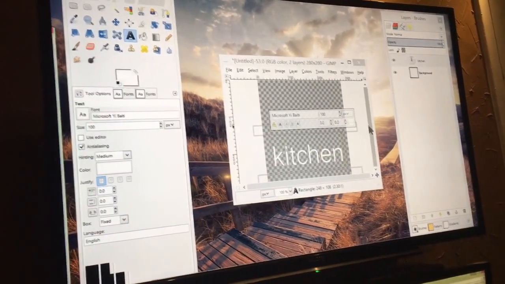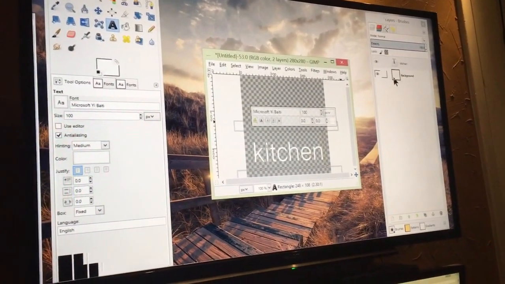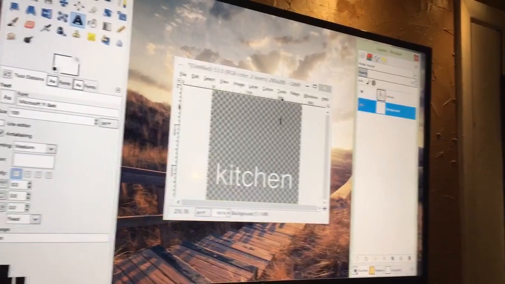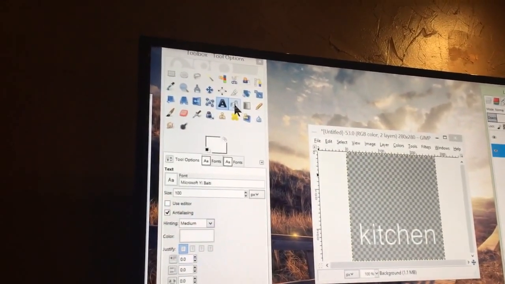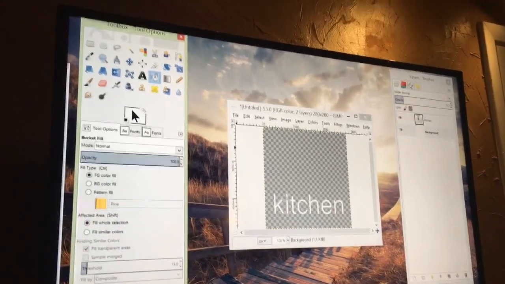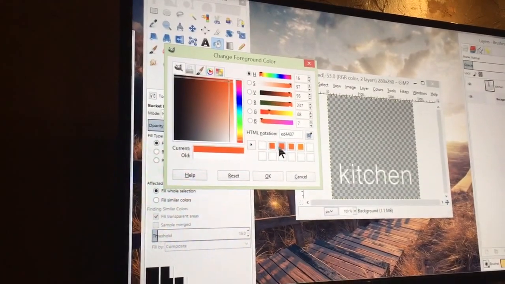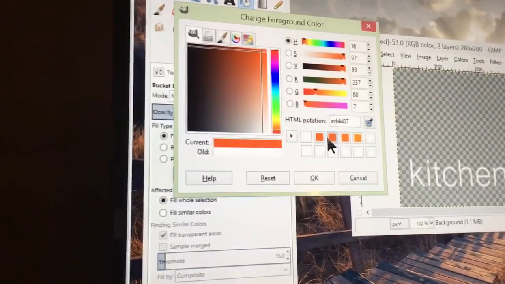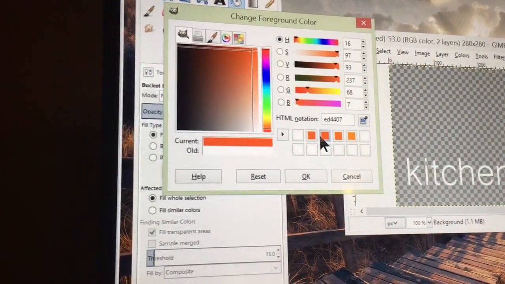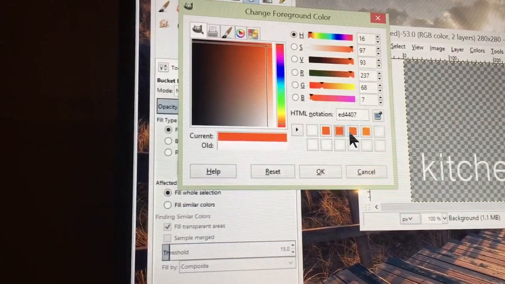We'll use the same box that we just used. And we'll go to background layer. And then now we'll go to the paint can. And we want to go to this foreground color right here and change it to the color I decided is closest to the apple color, or the color that they used. I'm not sure what they used. So it's the